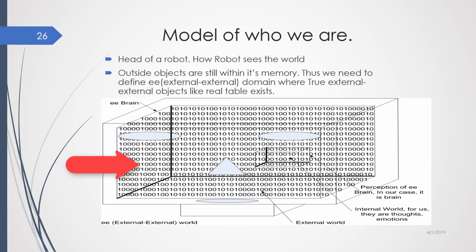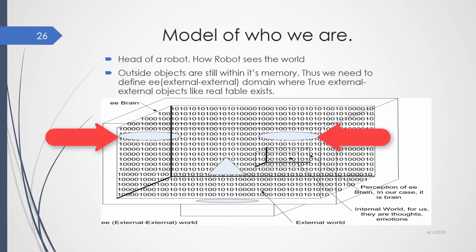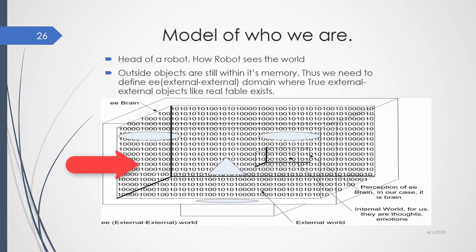So folks, how does the robot see the world in the diagram? It has two eyes made out of photoelectric cells that take the light signal and convert it into electrical signals like our eyes do. So these are the two eyes. This electrical signal gets converted to a digital signal and the info about the world is stored in its memory. So it gets stored in this memory here.